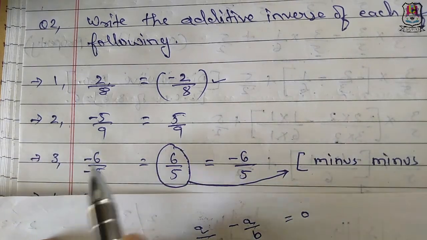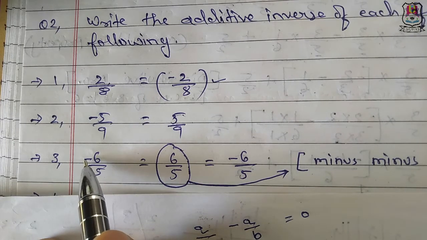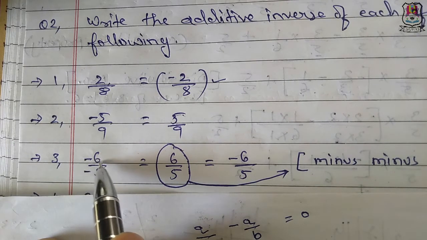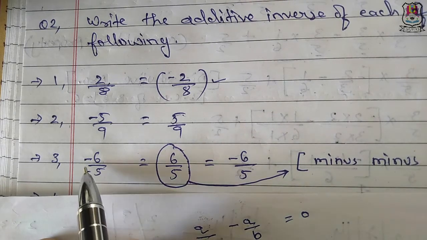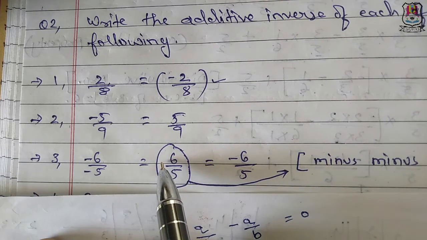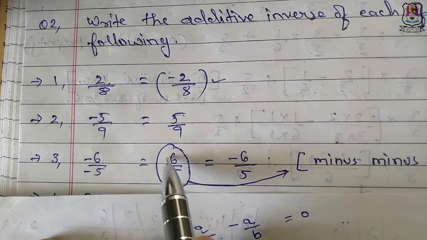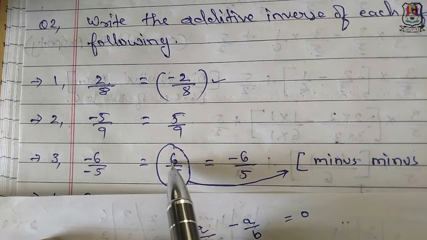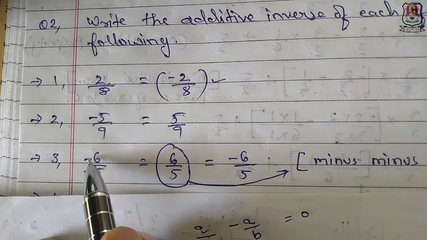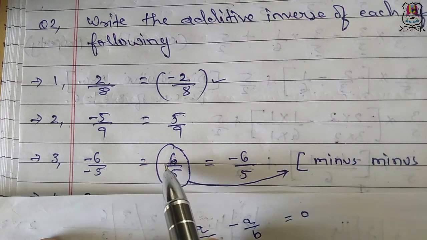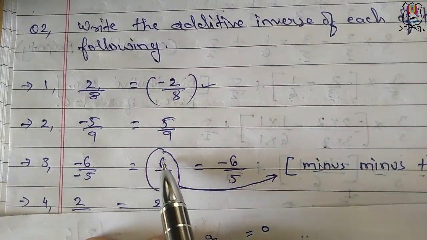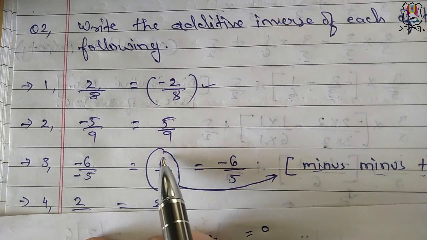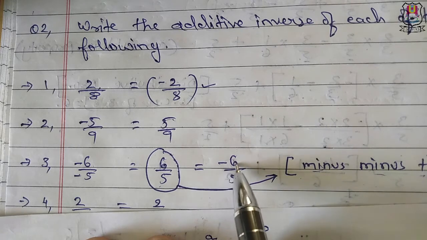Now here is a bit different. Both the numbers in this rational are negative. Minus 6 upon minus 5. So when we turn out, this minus minus is cancelled out. Minus minus becomes plus. So this number becomes 6 upon 5. This is not the answer. 6 upon 5 is because this negative sign is cancelled out, because minus minus is plus. So 6 upon 5. And then we have to find out the additive inverse of this number. So the additive inverse of 6 upon 5 will be minus 6 upon 5.